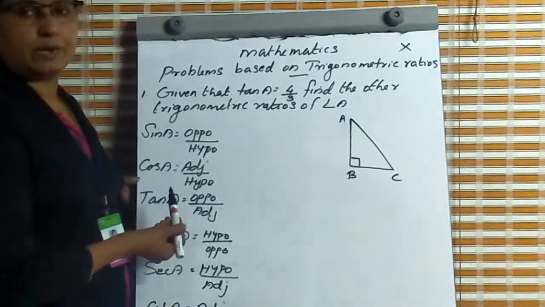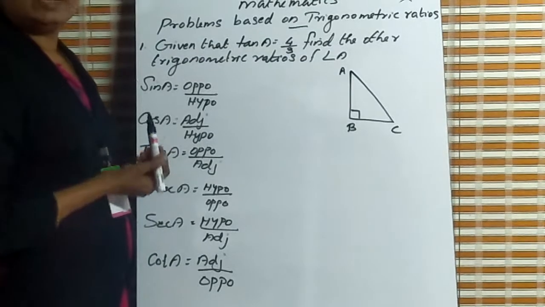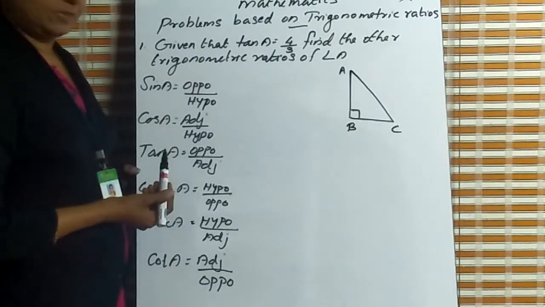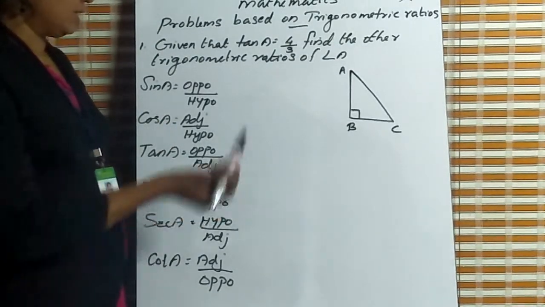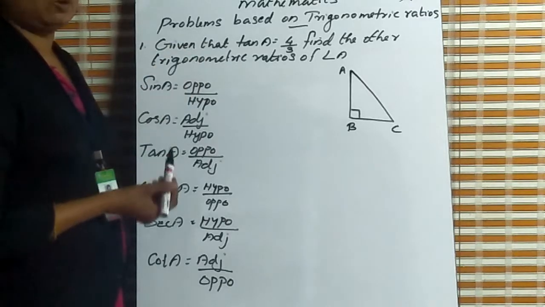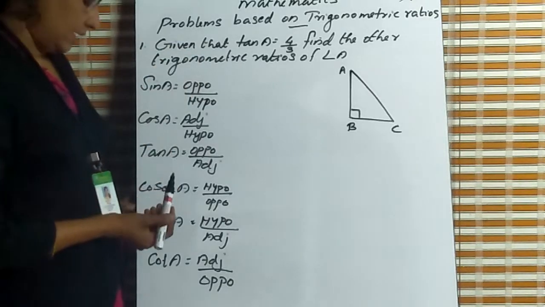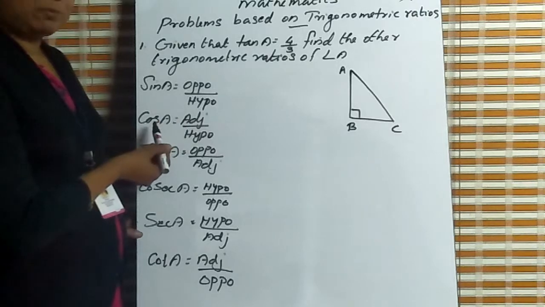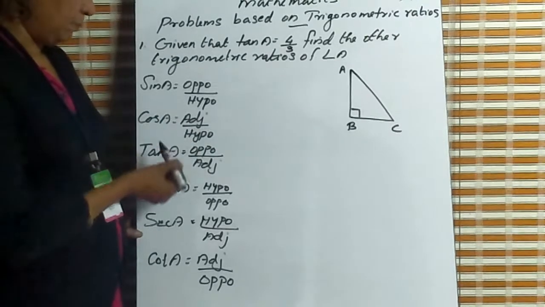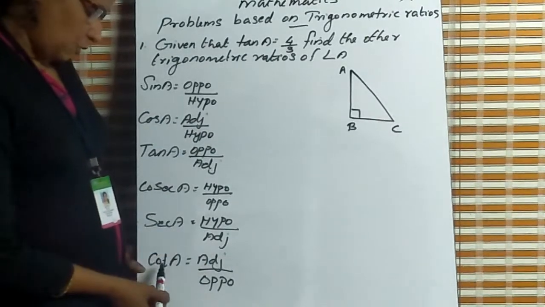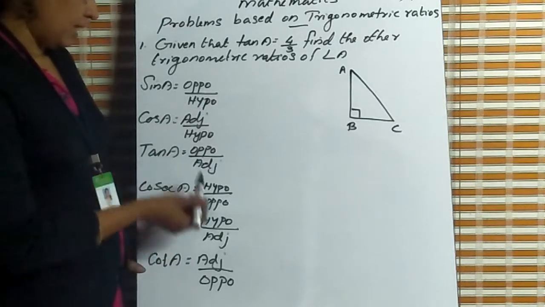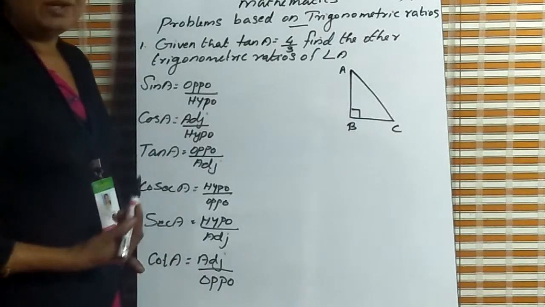equal to adjacent side by hypotenuse, tan A is equal to opposite side by adjacent, and cosec A is the reciprocal of sin A, equal to hypotenuse by opposite side, and sec A is the reciprocal of cos A is equal to hypotenuse by adjacent, and cot A is the reciprocal of tan A, equal to adjacent side by opposite